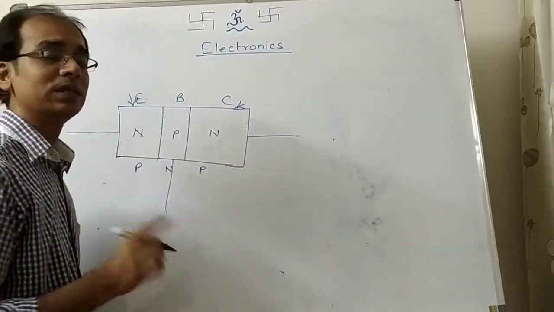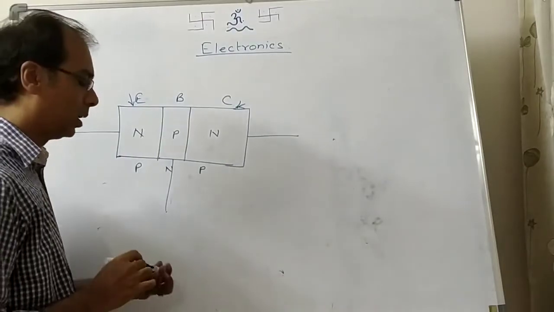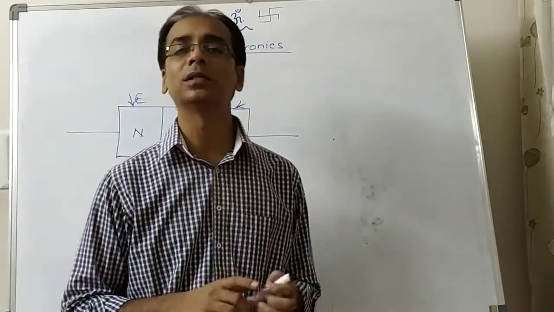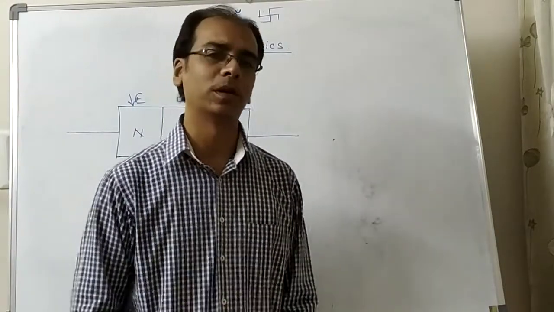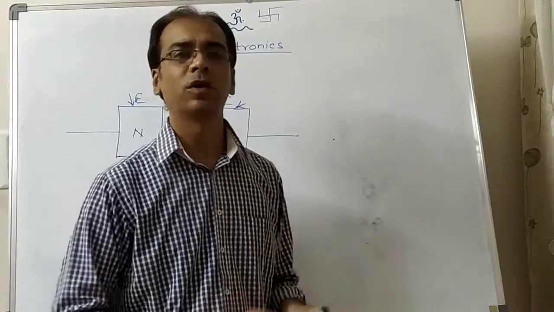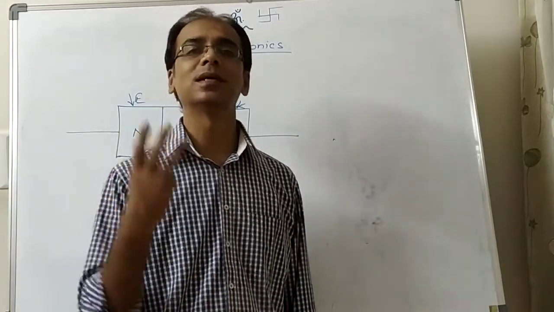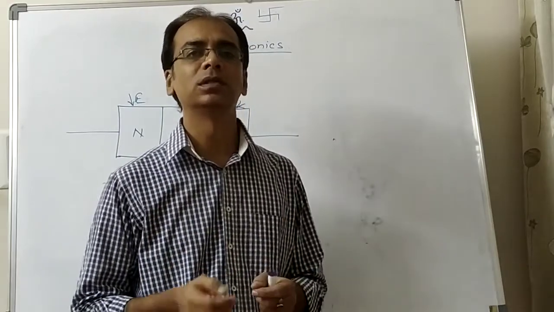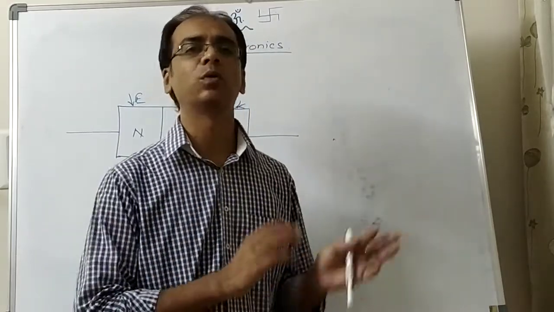Why is one always kept common? Because normally the input should be coming from 2 terminals, and the output also should be coming from 2 terminals. Input from 2 and output also from 2. So here, since there are 3 terminals, one we are making common, and that common serves both for input as well as output.